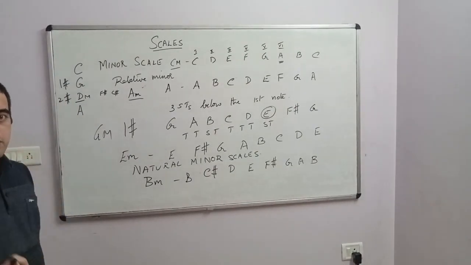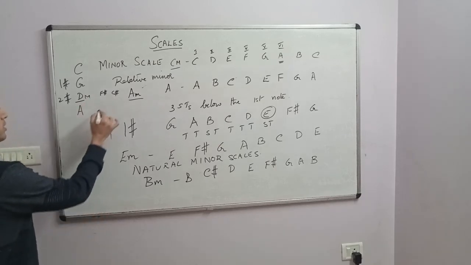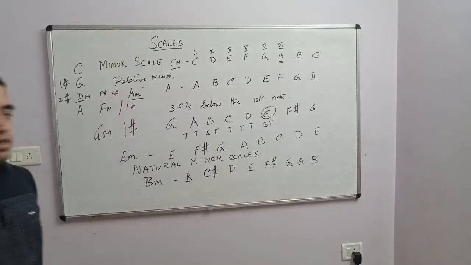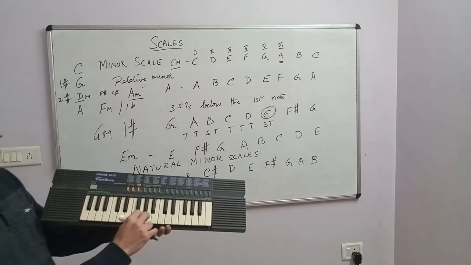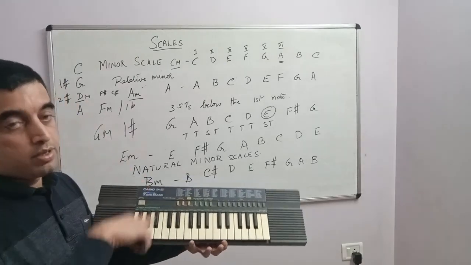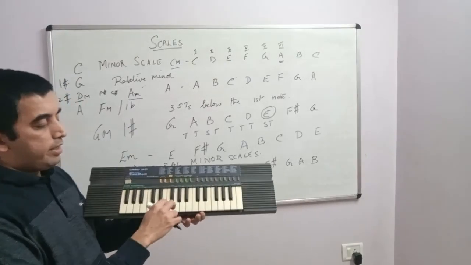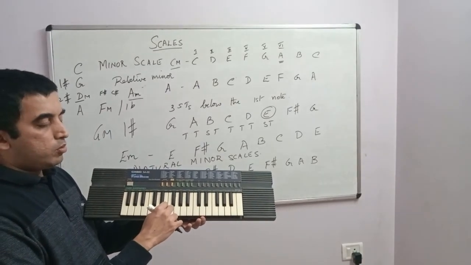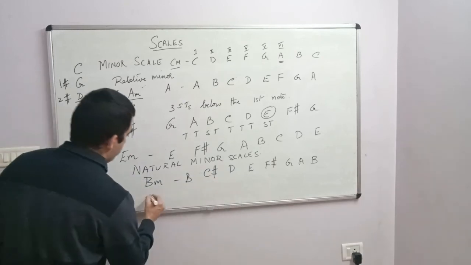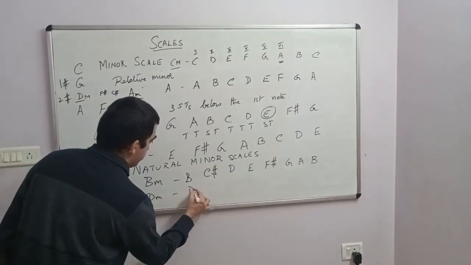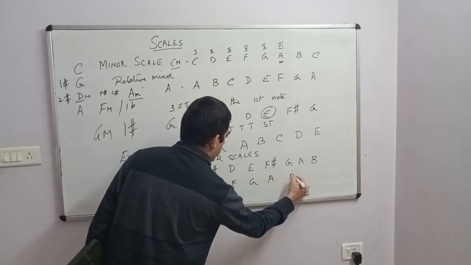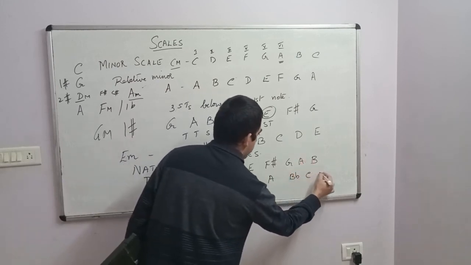I'll give you one more example. We'll just try out one of the flat scales. One of the flat scales will be the F major scale, right? F major is the 1 flat, correct? So again, which is the flat? B flat. Go back to your lesson on flat scales and you can know this. Again, the relative minor will be, go 3 steps back from F, 1, 2, 3, it will be D. Okay, so it will be D minor. So it will be D, E, F, G, A, B flat, C and D.